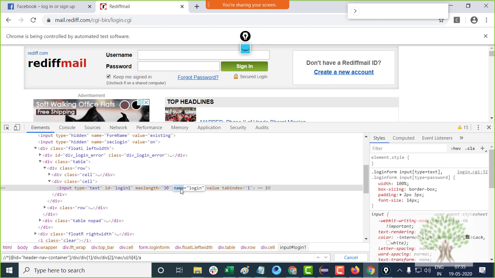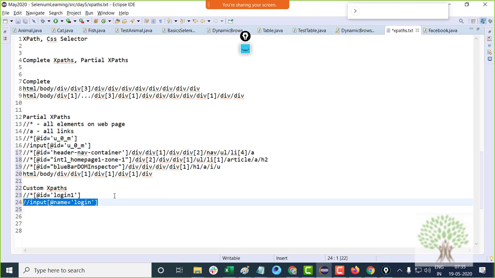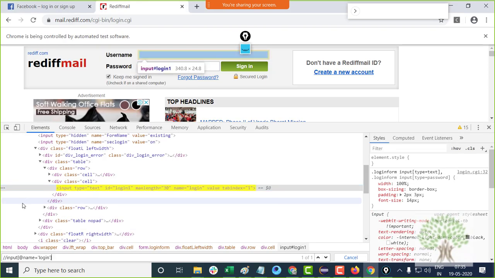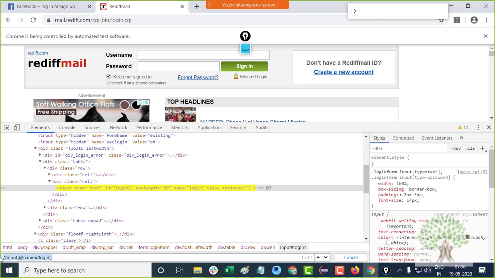Right, so you can use the name parameter, but it should be unique. To check if this is unique, you can copy this XPath and paste it over here in Chrome Inspector. It says 1 of 1 element and it highlights the element. That means we are good. That means this XPath is actually pointing to this element. So you can build the XPath based on some other parameter.